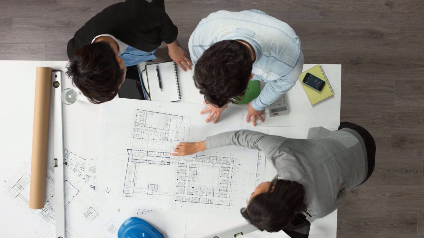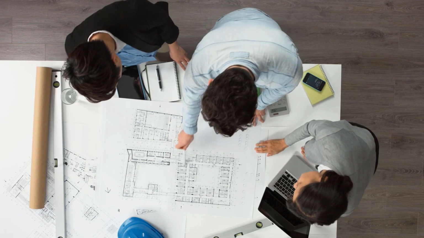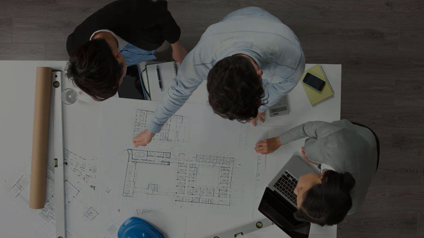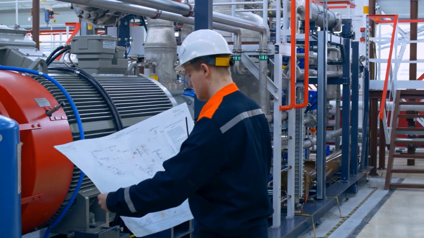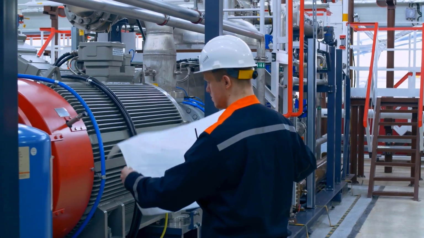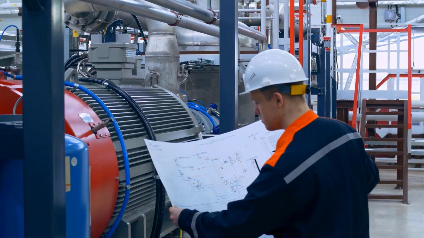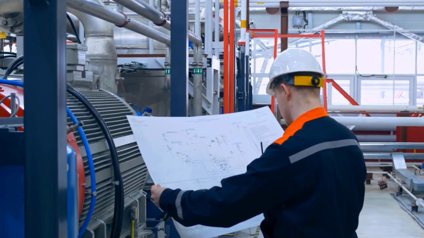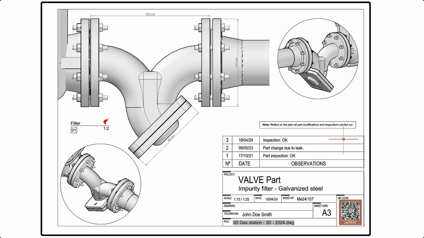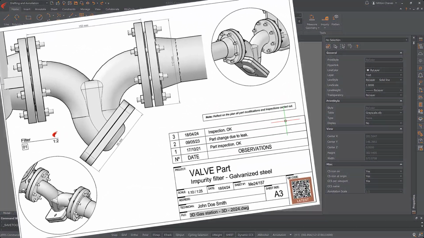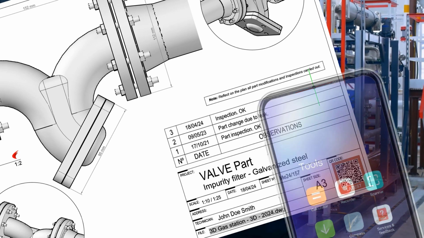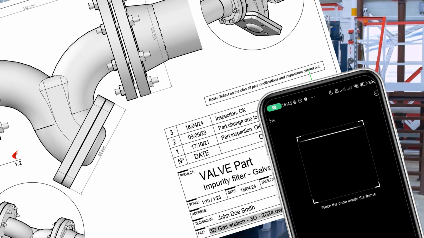However, this issue extends beyond construction projects to other industries, such as manufacturing and civil engineering. Maintenance technicians, for example, rely on plans specific to the area they're working in. But are they viewing the latest updates on the printed drawings? At Greyabert, we have developed a solution to these problems. A QR code that links the printed drawing to an identical or updated version of the same drawing online.